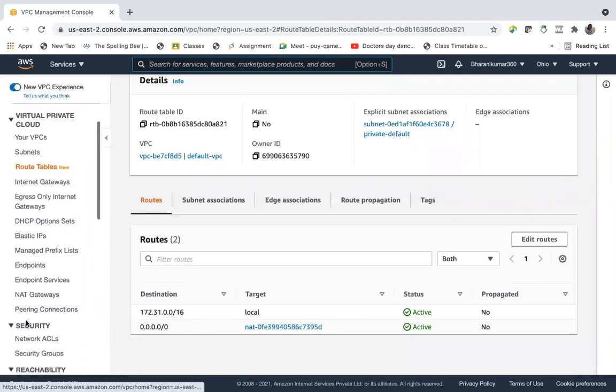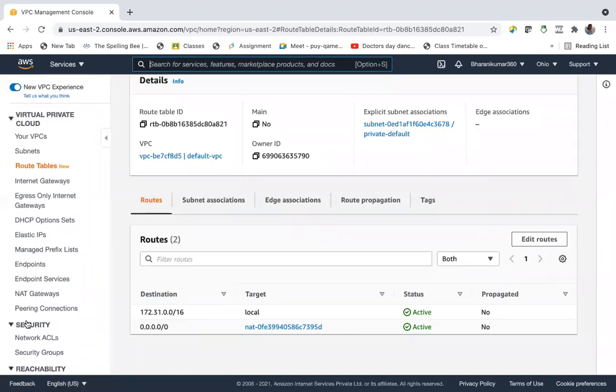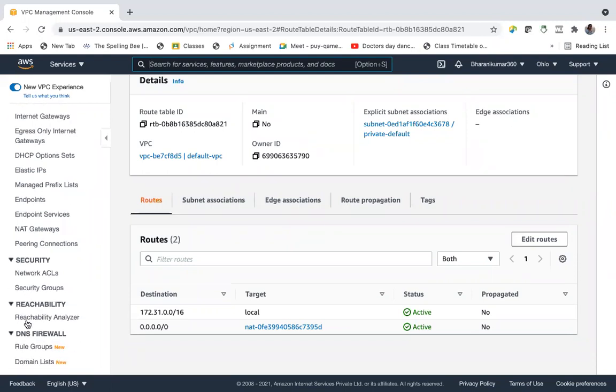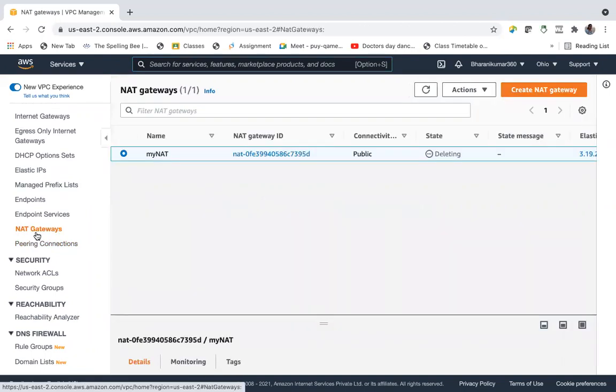Still it's showing active. Anyway, let us remove the NAT gateway association.